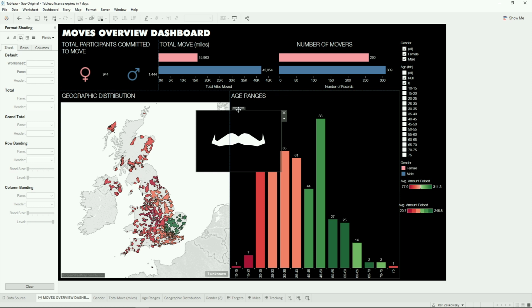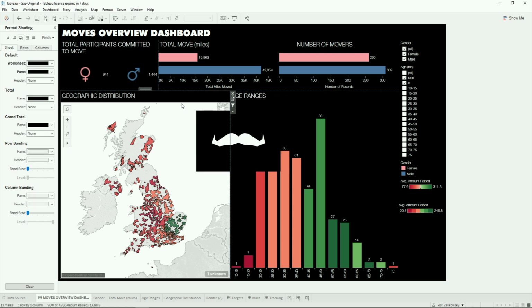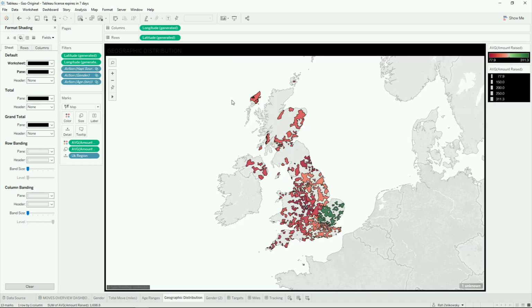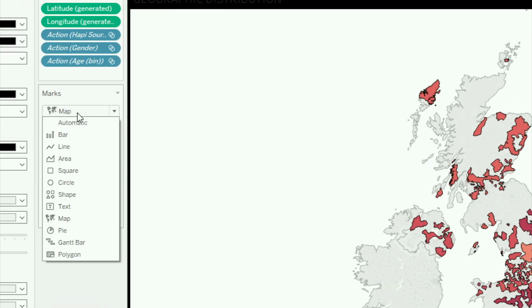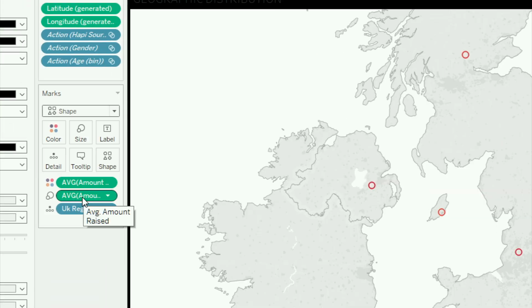So the first thing that I want to adjust or customize is my map. And going into my map, I find that the way it's shaded now is a bit hard to see, so it's hard to compare the different regions. I'm going to go to my marks card and change my map from a filled map to a map with shapes. And I might as well take advantage of the fact that I can use mustaches wherever I want in this dashboard.